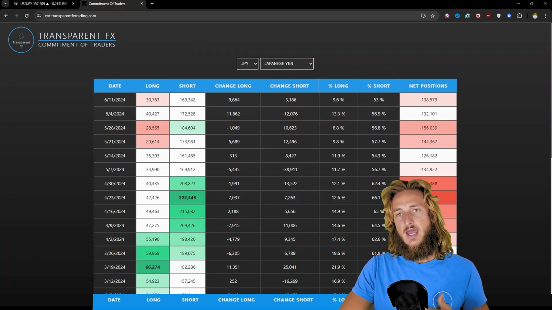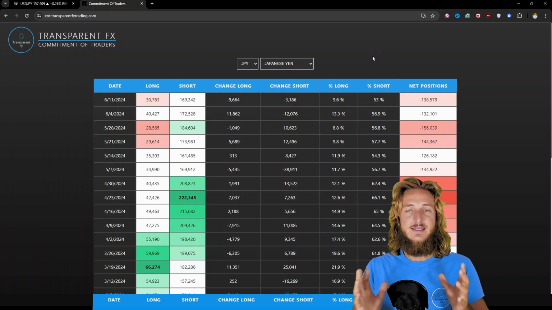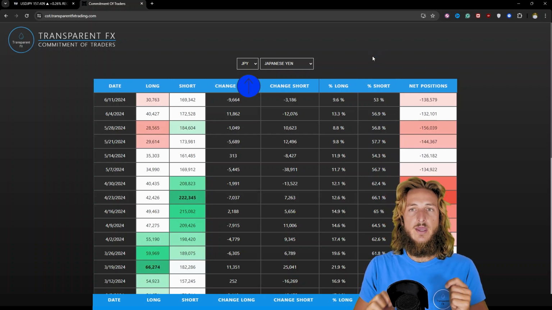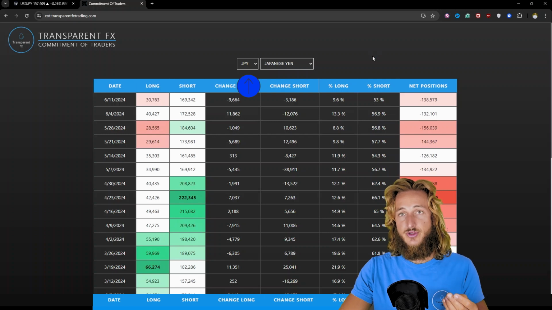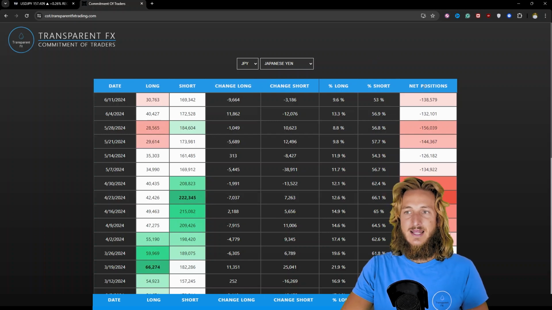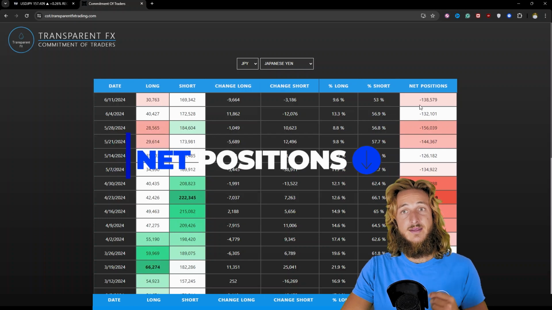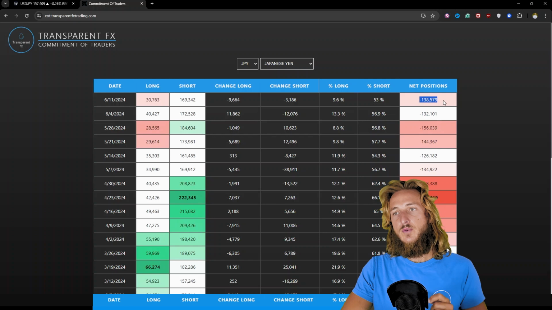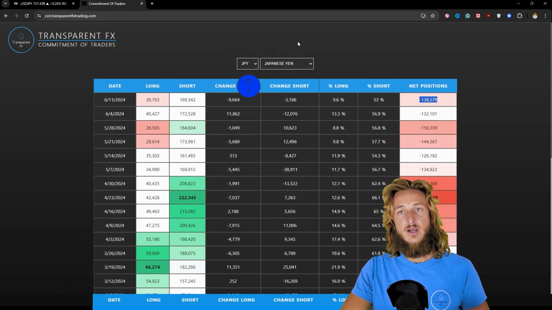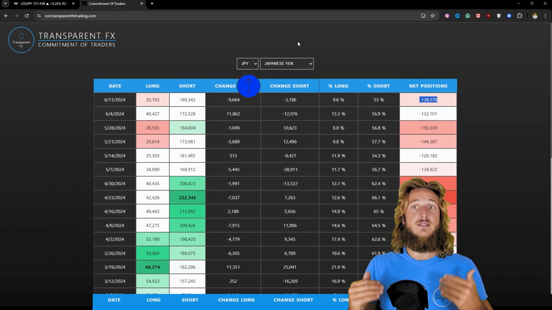the JPY. Now, the first thing that we have to keep in mind is that if we're looking at the data for the JPY, we're actually already looking at the JPY USD because all currencies on the spot are traded against the USD. And what we can notice here is that net positions with the last report have been decreased. We went from minus 132.1K all the way down to minus 138.5K net positions. So we have seen a decrease of the net positions with the JPY getting weaker, and a weakening JPY makes